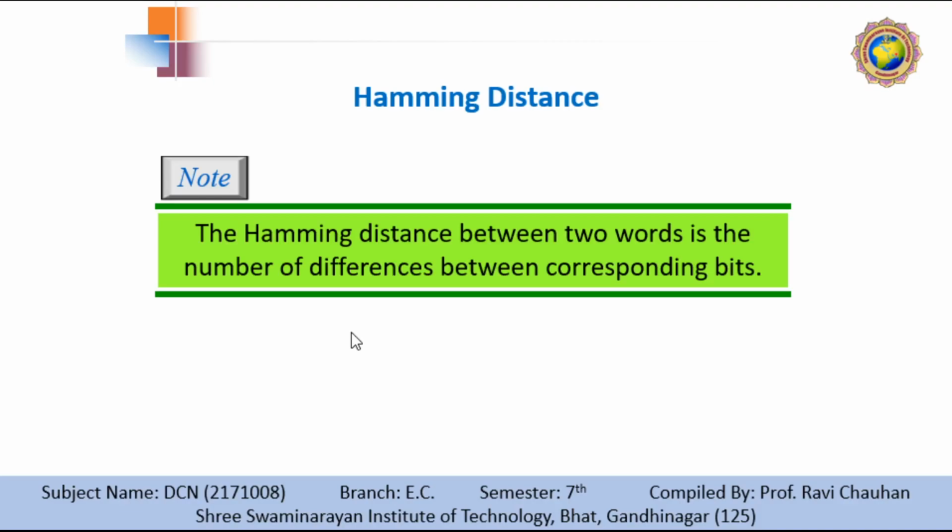The Hamming distance can easily be found if we apply an XOR operation on the two words and count the number of ones in the result. Note that the Hamming distance is a value greater than 0. To understand further, let's have an example.